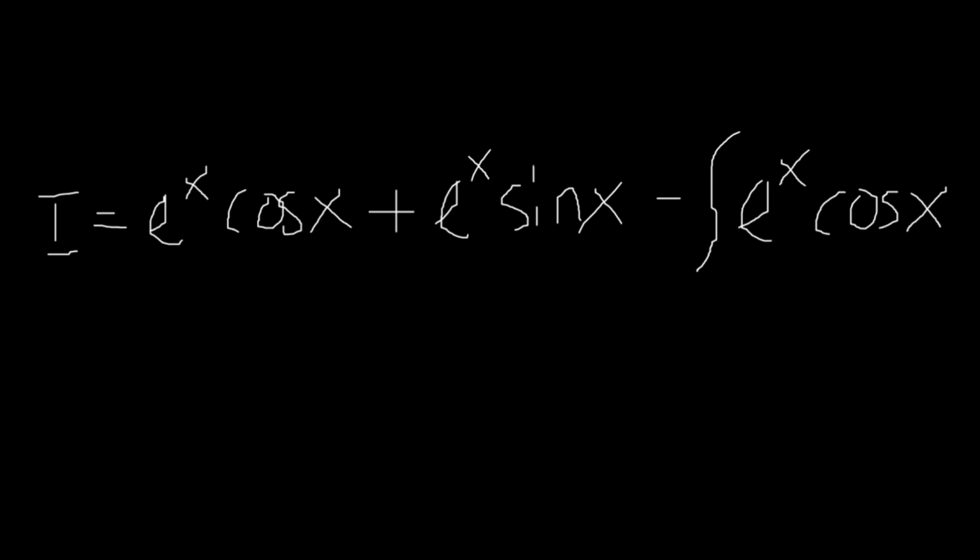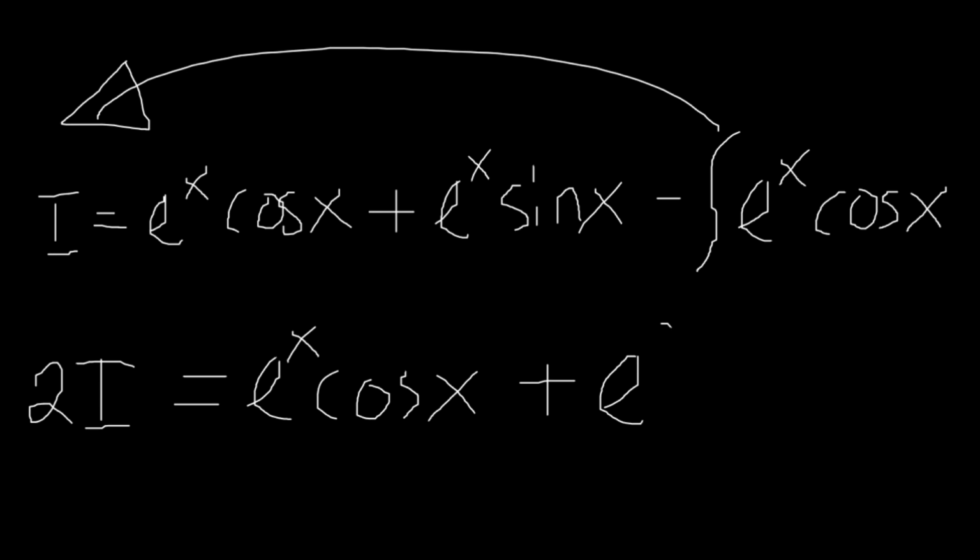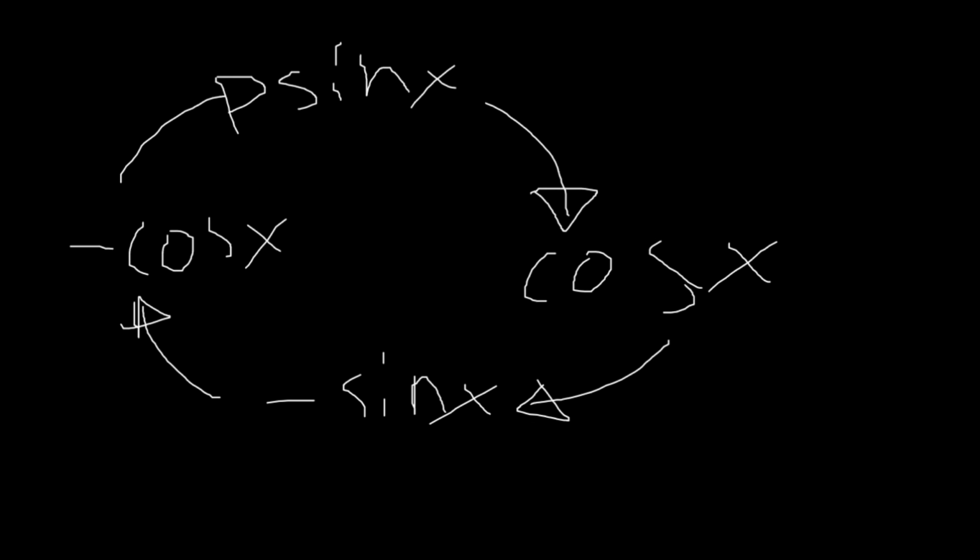If you bring this on this other side, you're going to have what? 2I is equal to e to the x cos x plus e to the x sine x. Yeah, therefore I is equal to e to the x